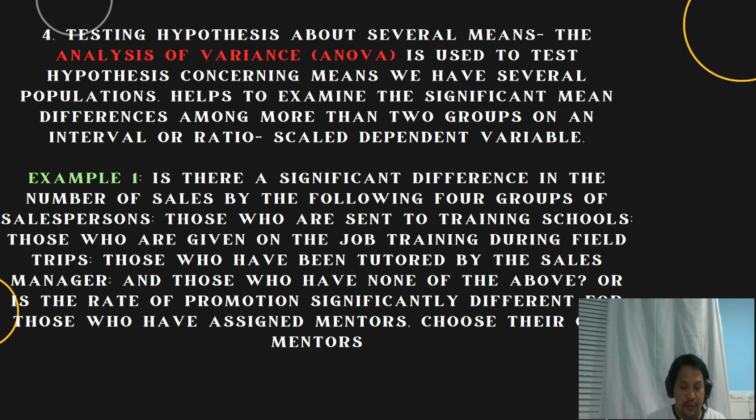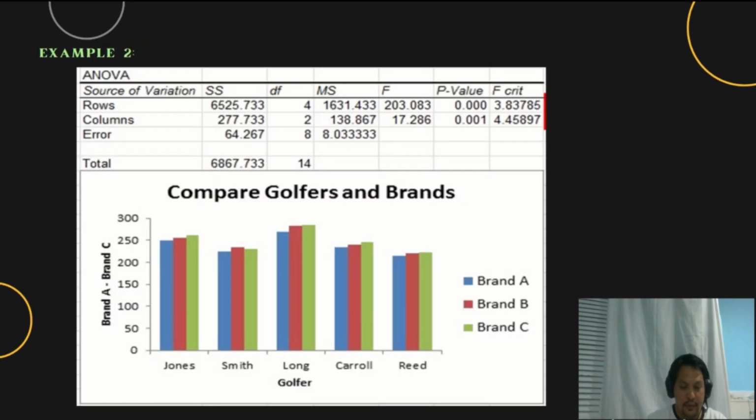The keyword here is the significant differences in number of sales between the four groups of salespersons: those who are sent to training schools, those who are given on-the-job training during field trips, those who have been tutored by the sales manager, and those who have none of the above. Or is the rate of promotion significantly different for those who have assigned mentors, choose their own mentors, or none of the above? And another example